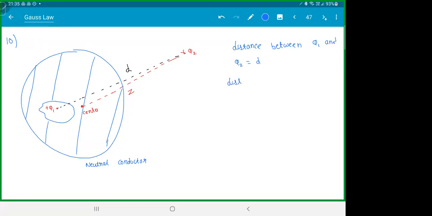Distance of Q2 from center is Z. Okay, so the question is, find force between Q1 and Q2. Find force between